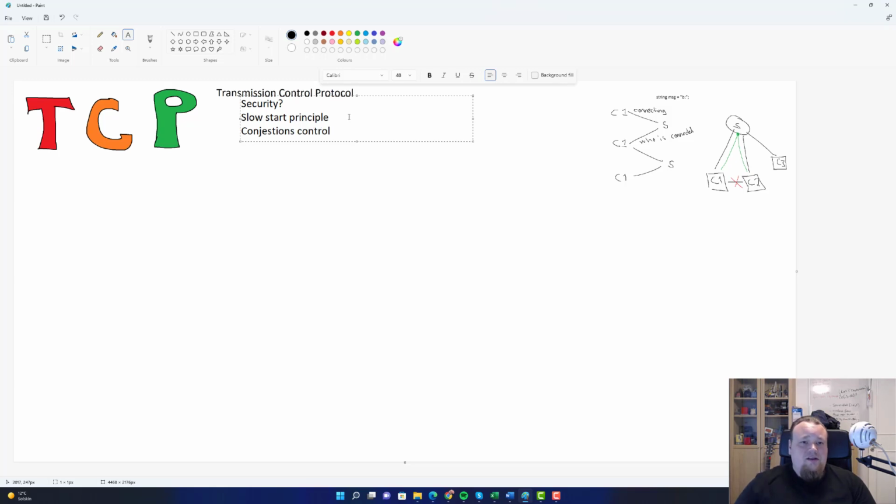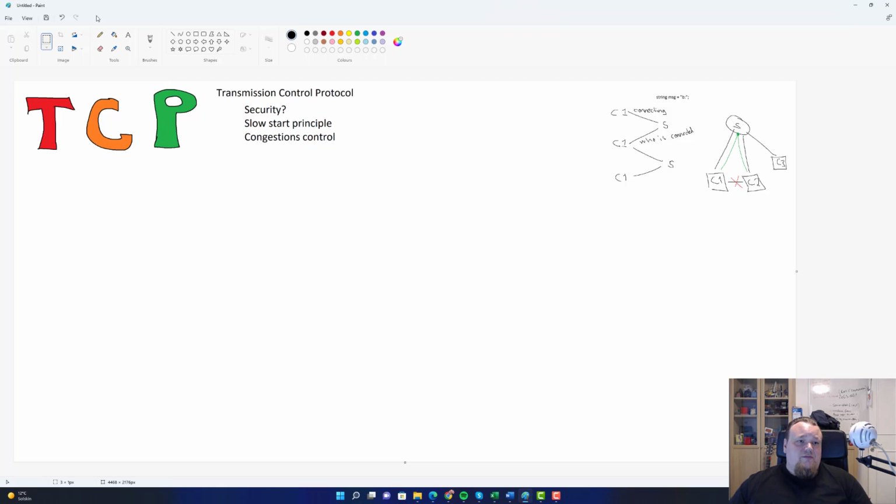congestion control. Definitely didn't spell that correctly. Let me just do that. Congestion. There we go. It's with a G, not a J. That's the difficult thing about being a non-native speaker. All right, so we're gonna talk about these topics for this particular protocol here. So I'm just gonna make it look like we have a bullet point list here.